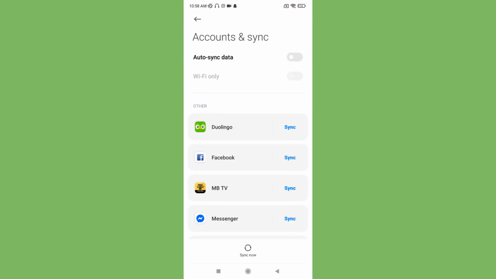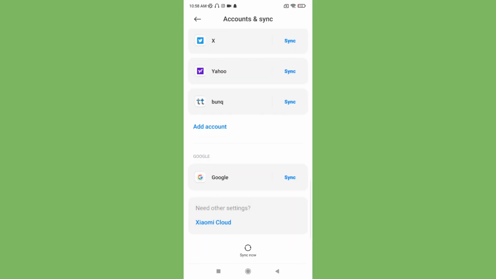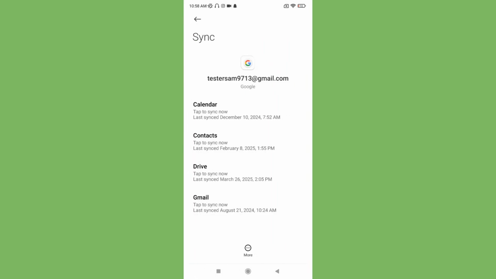and then you have to select the account that you want to sign in. For example, Google. Just click here and select the account. In this part, I want this one, and just select what you would like to sync. So, for example, this one, just this one, and this one. Okay, so you have to wait a little bit until everything is signing with your mobile, your device, and when